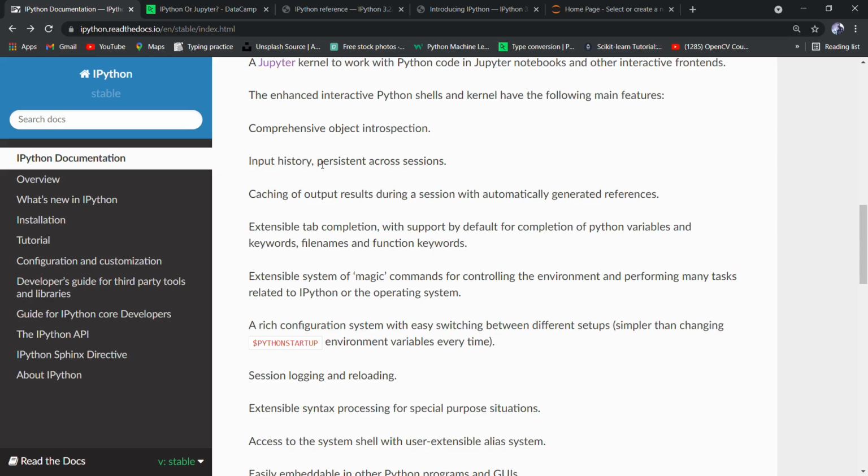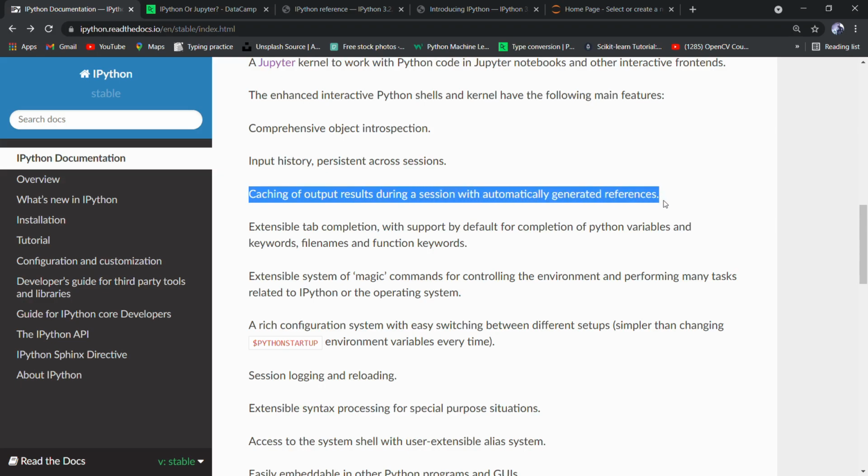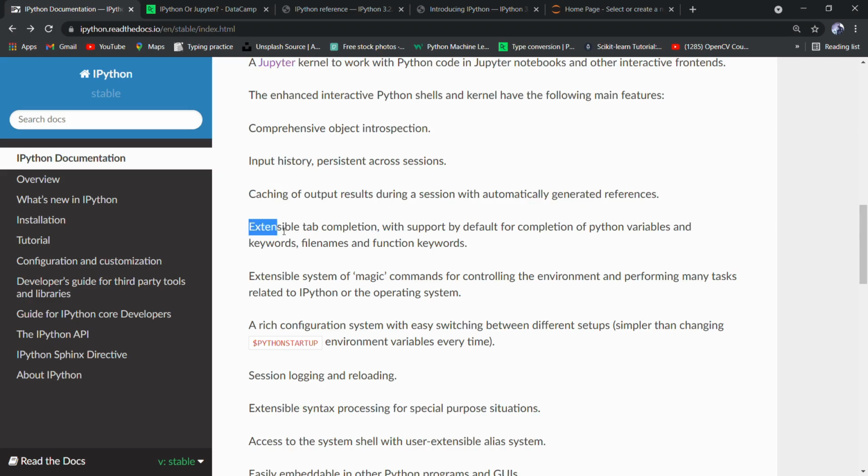And with that, persistent across sessions, so that we can create sessions and logs, and we can also start and stop them whenever we want. And third is caching of output results during a session with automatically generated references. And the fourth one is the extensible tab completion with support by default for completion of Python variables, keywords, file names, and function keywords.